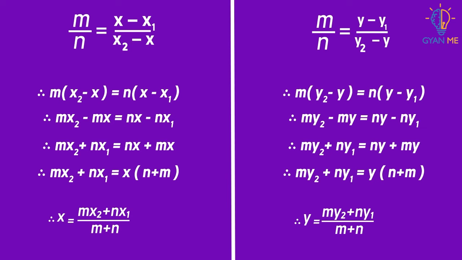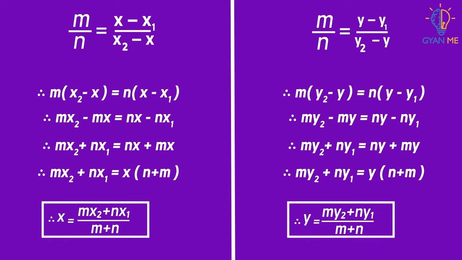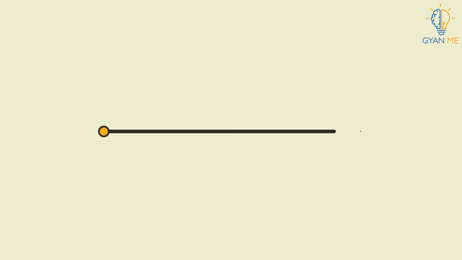This is the formula to obtain the coordinates of any point that divides a line internally. It is known as the section formula. Now, what if point P is the midpoint of line segment AB? So we can say that it is at equal distance from A and B, or in other words, AP is